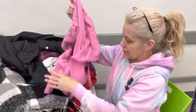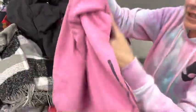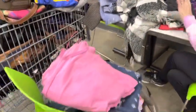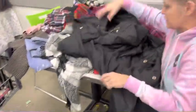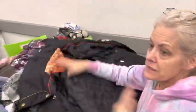This is a pink, it's got bell bottoms, it's definitely vintage, so I'm gonna get that one because you can cut these up, make them shorts or whatever, so there's really no bad downside to that. This is essentially like curating, right? Yeah, I mean, you're going through a place...